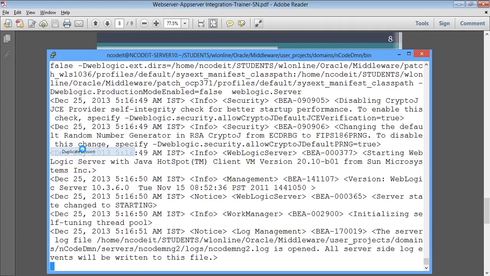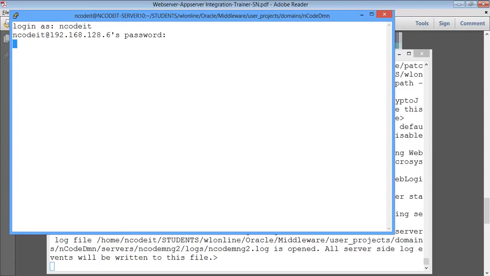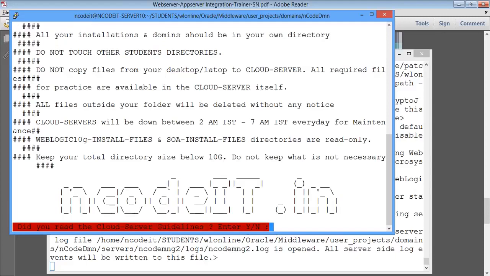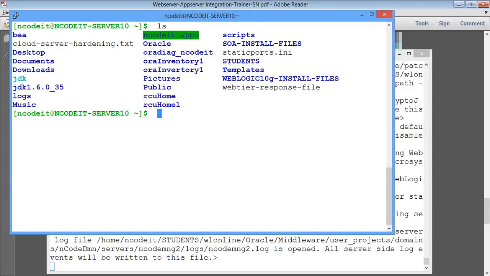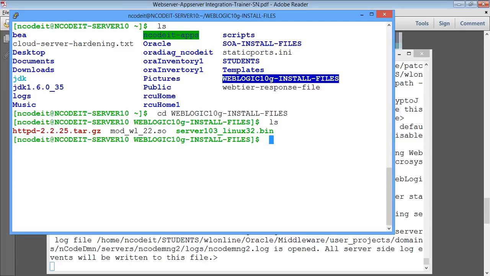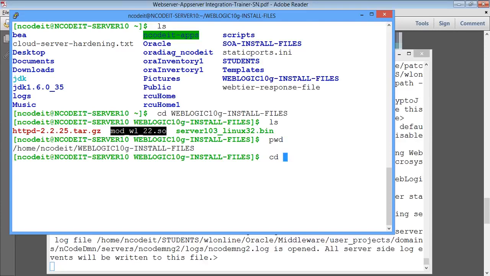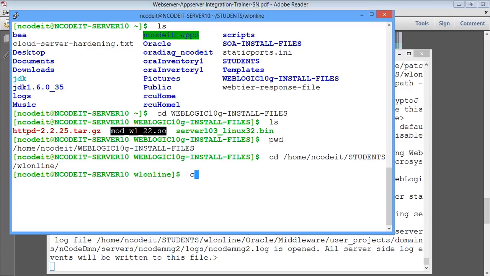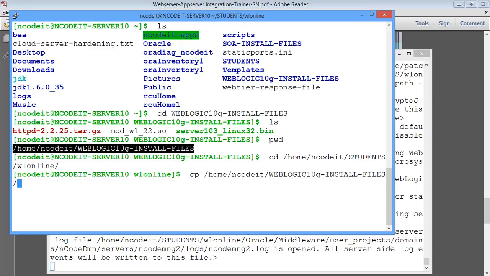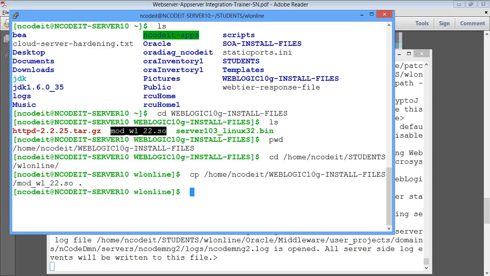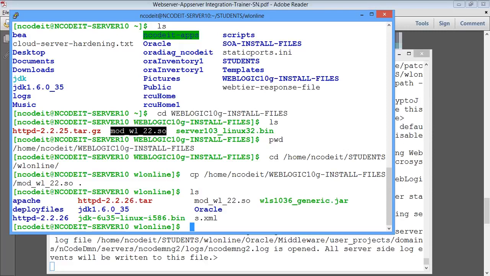So I will open another session here. Alright, so our mod file is in here, a .so file. This is the file that we want to copy to our own location. Let's say this is the location, home, students, WL online. This is where we want to copy this file to the current directory. So I have my .so file somewhere, this one. I need this file to go into Apache home modules. So I'm going to move this file